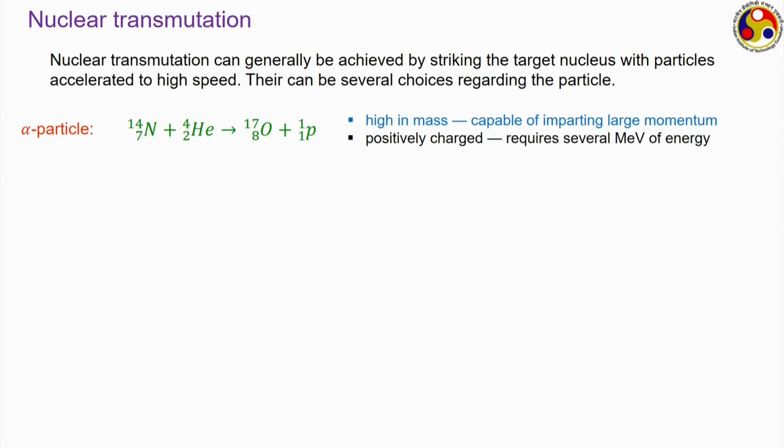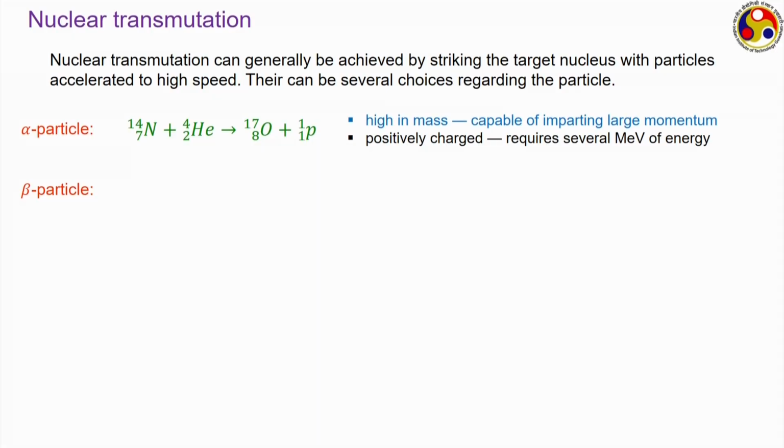However, the problem for the alpha particle is that it is positively charged. Alpha particles have 2 protons and 2 neutrons, and therefore they have 2 units of positive charge, and the nucleus is also positively charged. Therefore, when the alpha particle approaches the nucleus, it experiences very strong electrostatic repulsion, and therefore we need to excite this alpha particle to a very high energy level, or I can say we need to input several mega electron volts of energy into the alpha particle